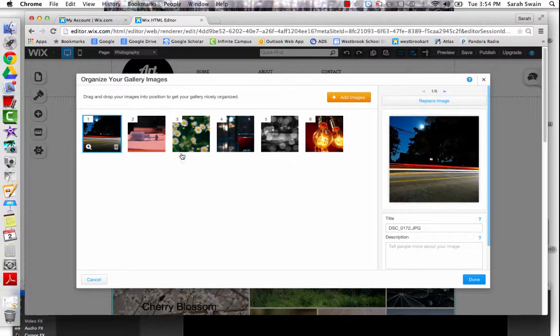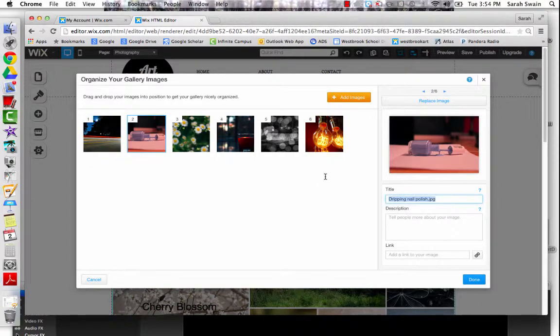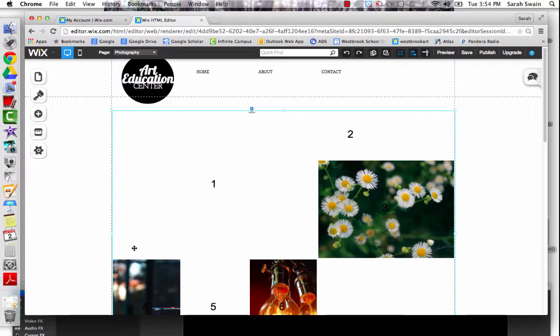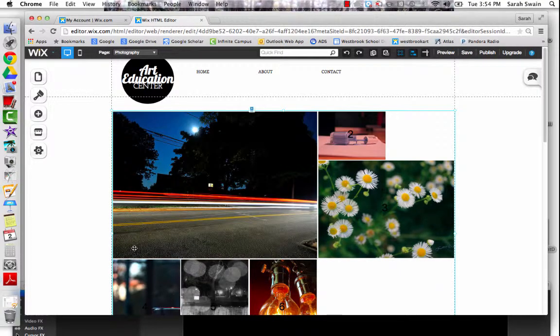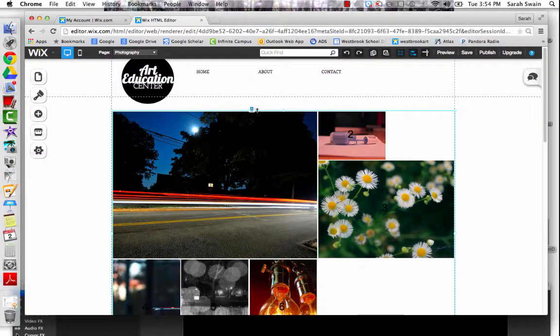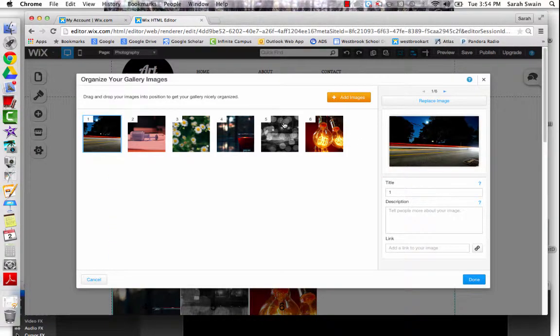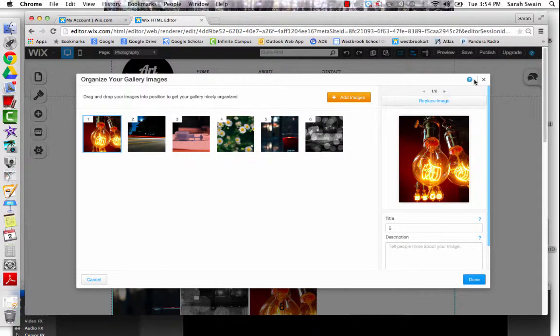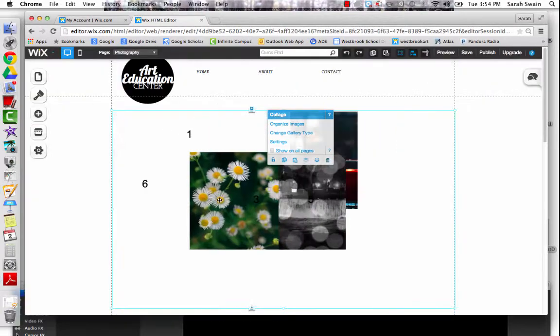They're all here. Make sure that I change what they're called. Done. It's nice, sort of have a fun collage look to all of these. Again, if you want something to come up first, just make sure that you go around